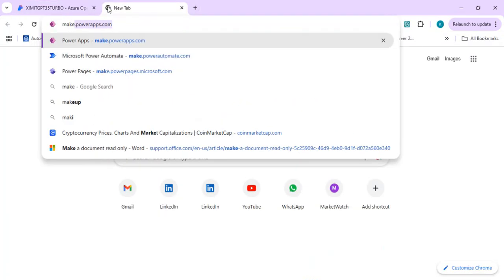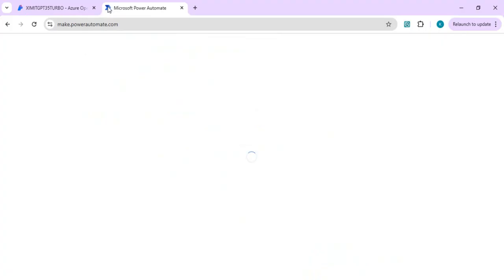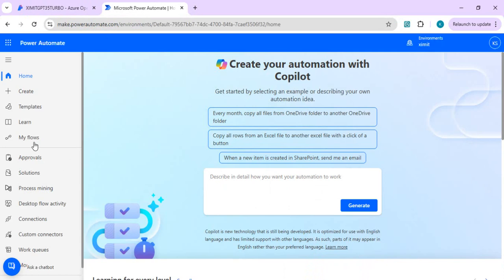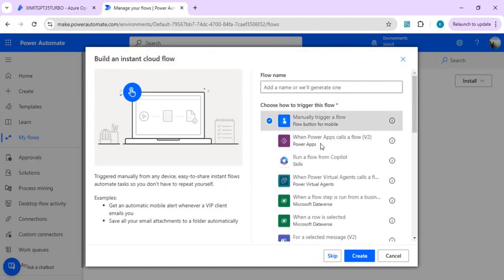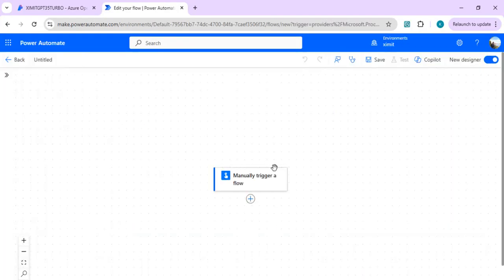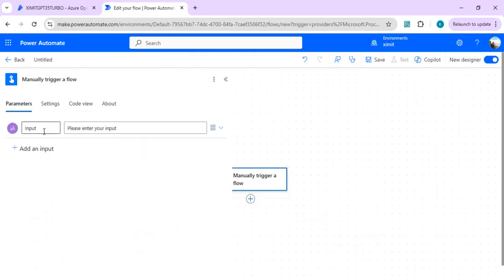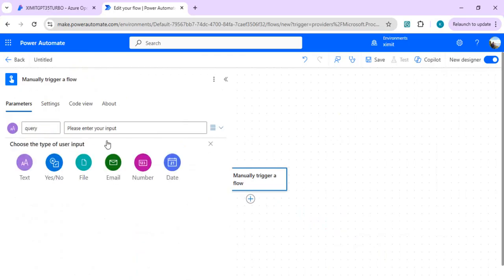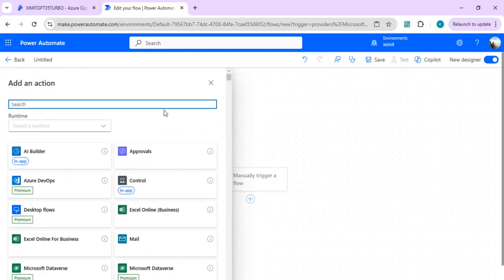oai.azure.com, and in a different tab I am going to create a Power Automate flow so that we can start calling the deployed model from our Power Automate. So I'll just go to my flows and we'll create an instant cloud flow. We'll choose manual trigger for now, and in this manual trigger we will have an input while testing. This input would be, I would say, query, and we'll be writing a query, and this query we are going to pass to our Azure OpenAI model, which we deployed based on our selected LLM,